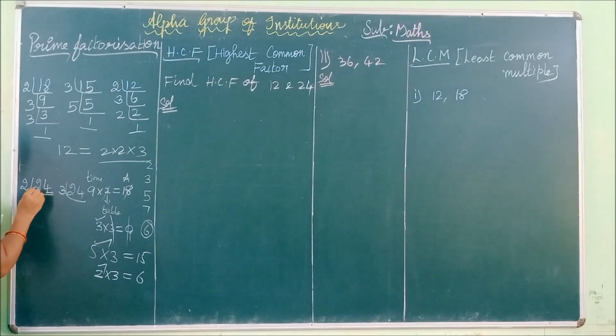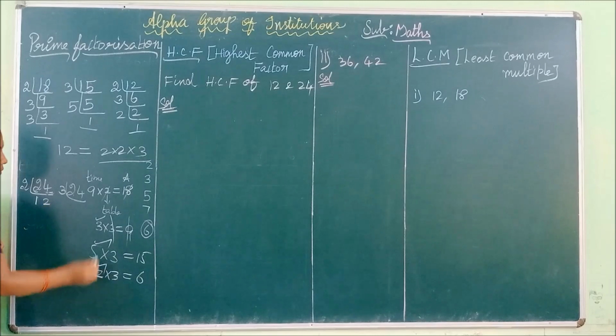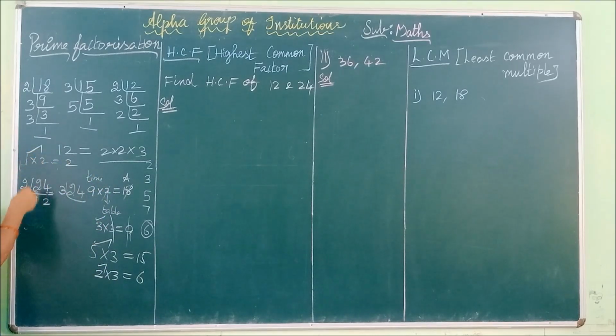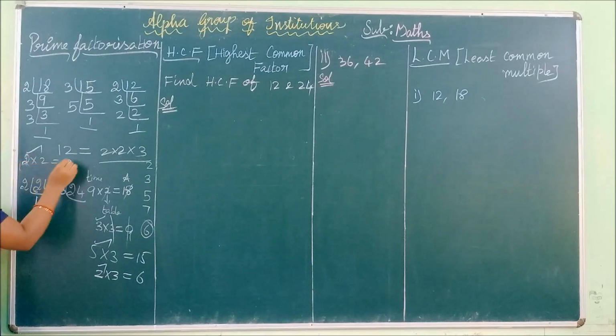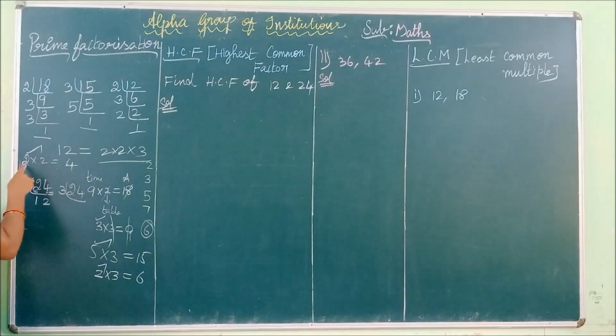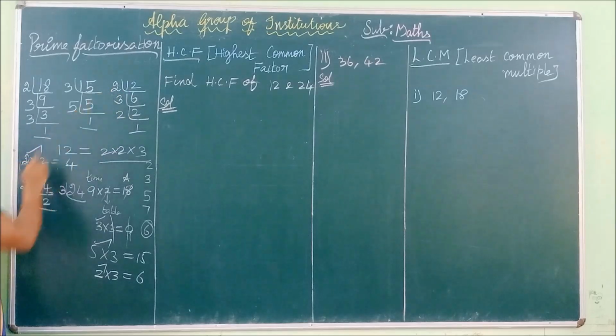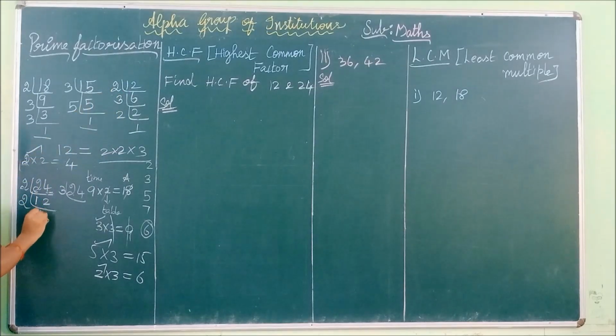Okay. So first you have to choose one digit only. 2 comes in the table how many times? 1 time. So write here 1. 1 2 is 2. 4 comes in the table how many times? 2 times. So 1 2 is 2. Write the 1 here. 2 2s are 4. Write the 2 here. Here we have the factors of 12. So write 2. 6 2s are 12. Here 2. 3 2s are 6.